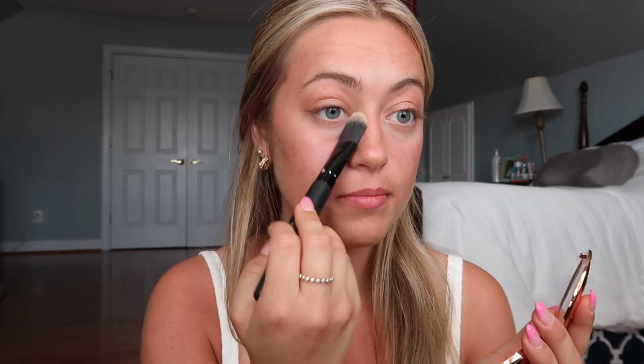Okay, next I'm gonna put a little bit of powder on. I use the Charlotte Tilbury powder. It looks like this, and it's in the shade 2 Medium. And I'm just gonna go in with a flat brush, any brush, it really does not matter. But I'm just gonna put a little bit on this brush, and I'm going to powder right underneath my eyes,